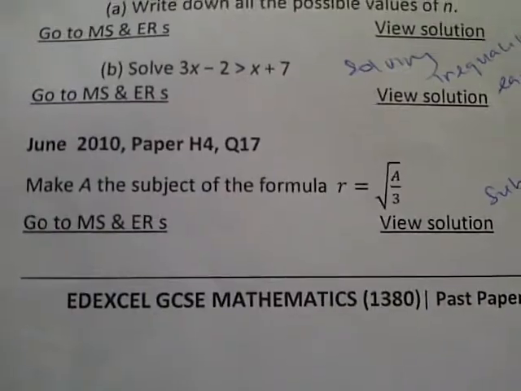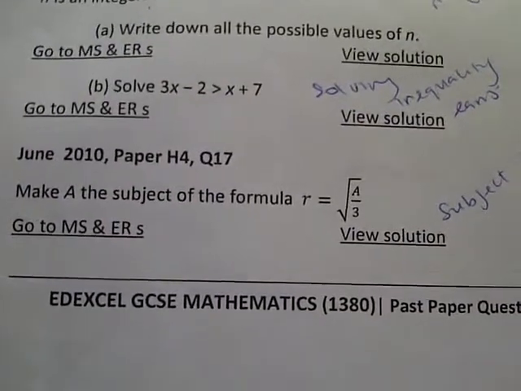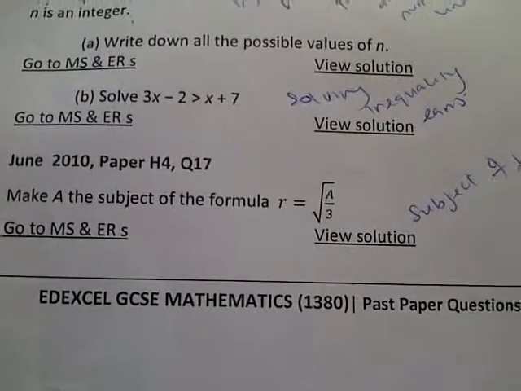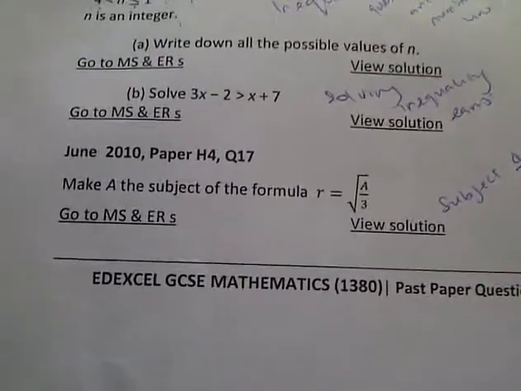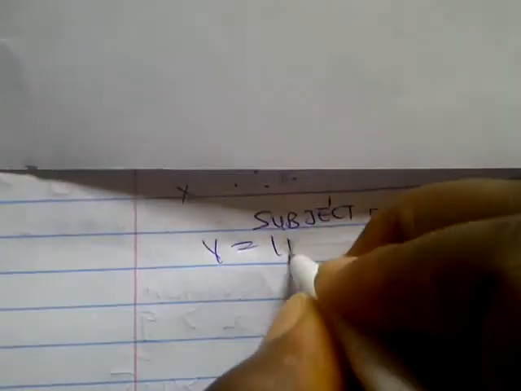Now this question says make A the subject of formula R equal to root of A over 3. Now this takes us to the topic I titled subject of formula, making subject of formula. What do you mean by making subject of formula? It's actually putting a figure or a number that was not the main subject as the subject. For example, in V equal to IR,